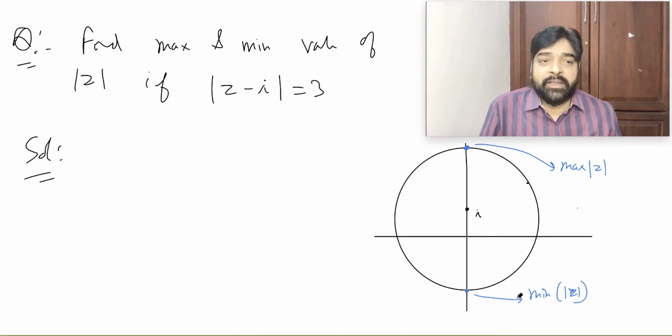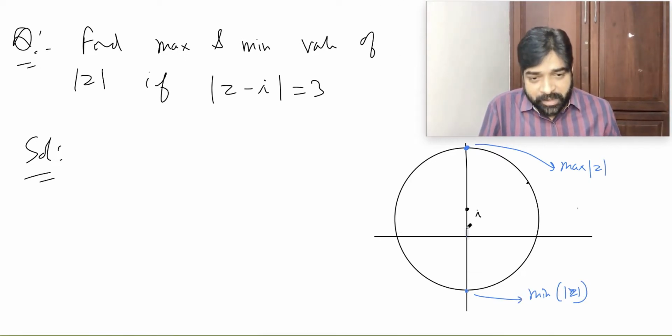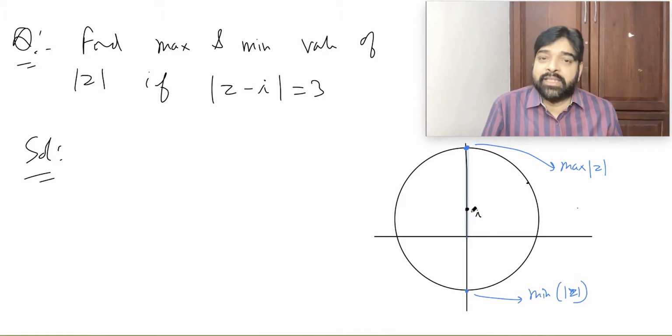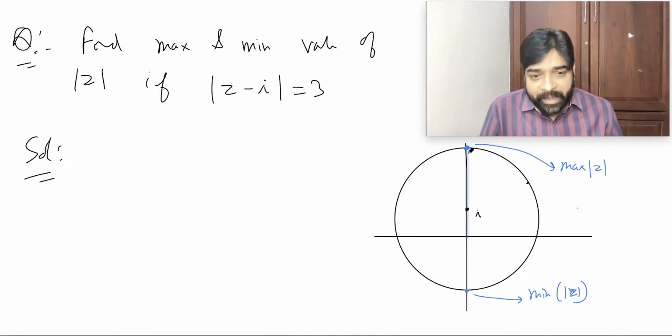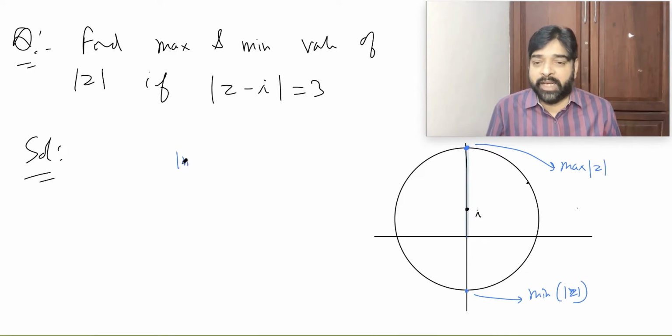Are you able to understand? So finish. What is the maximum mod z value? Can I get this length? Yes, very simple. This is the i, so this length will be 1. I means 0, 1. So this length will be 1 unit or not? And this is the radius, this is the 3 unit. So this total will be what? 4 unit. So maximum mod z